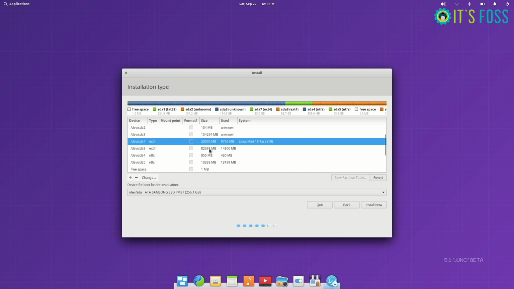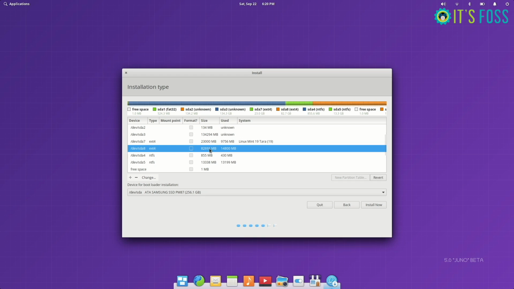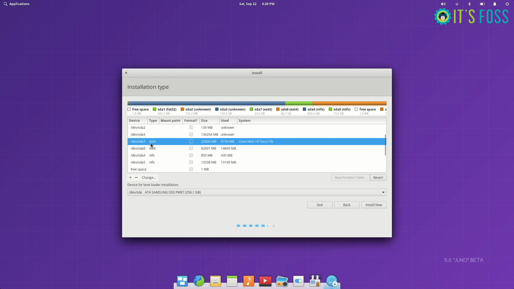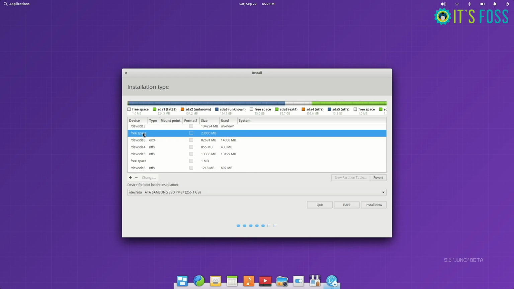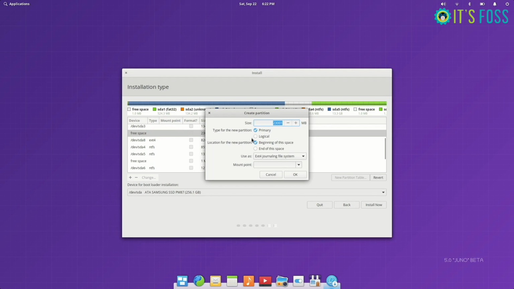So if you don't have a separate home partition, you have to delete everything. There's no hope for anything. But if you have a separate home partition, you can keep it as it is. So I deleted my root partition here and I'm going to mount it as root partition. I mean, you could have used the change option as well, but I prefer the